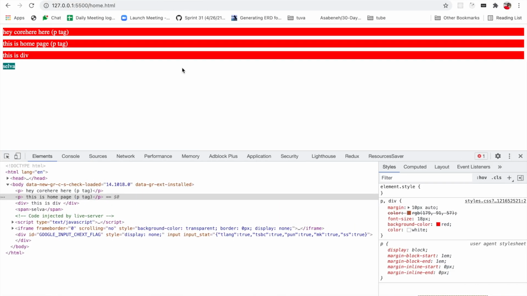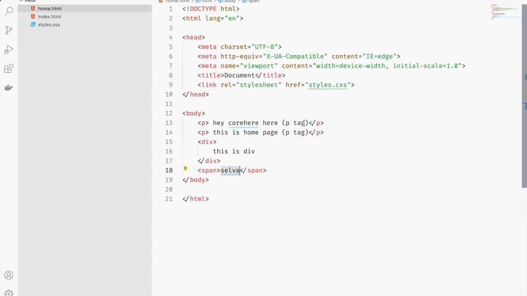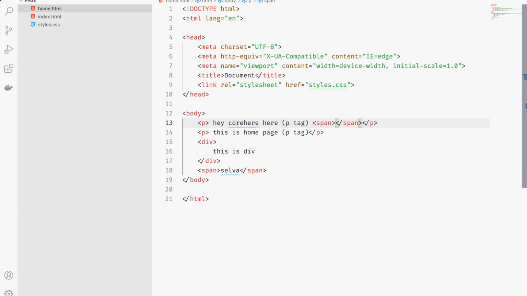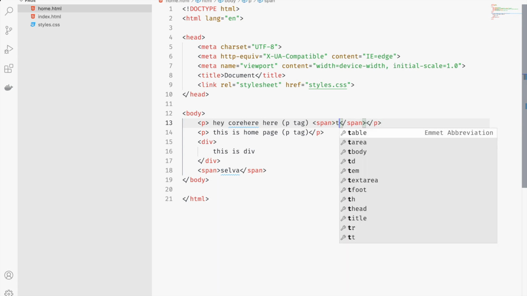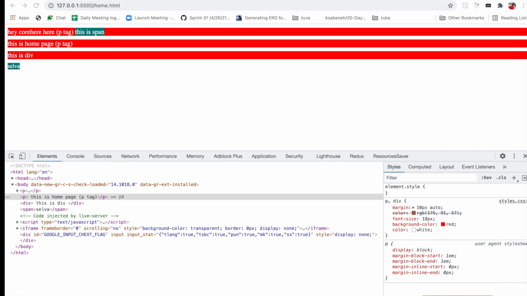See, this is how the actual UI looks for the p tag, inline and block. You can use an inline element within the block, something like this. This is span.